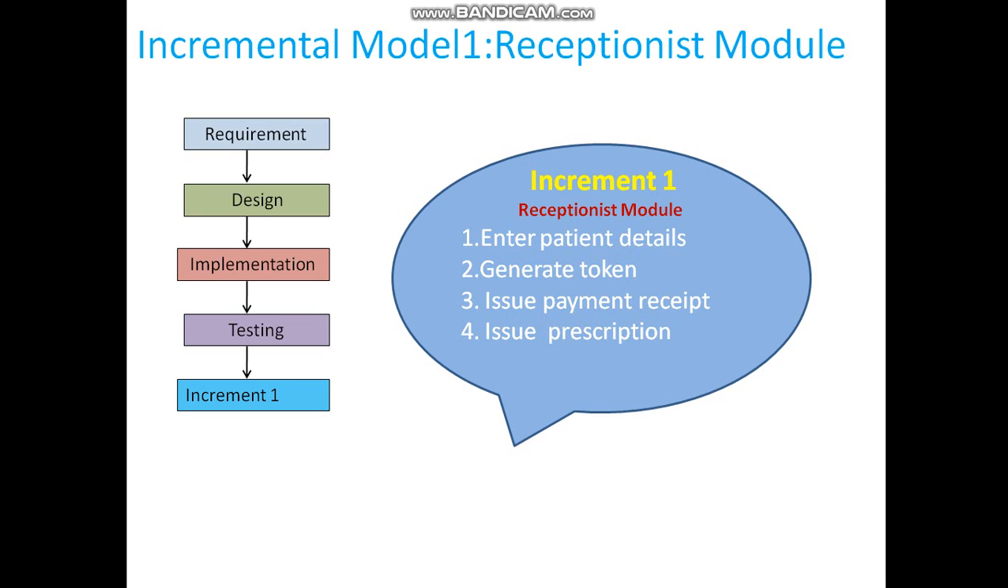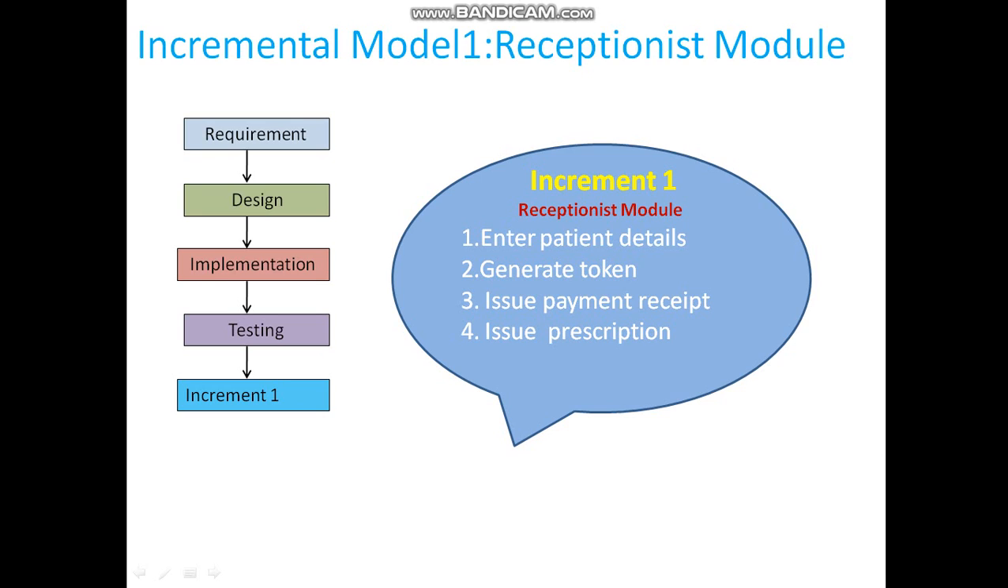Initially our second module is in the process of development, but till then the receptionist can deal with these features. So if you can see this, enter patient details, the receptionist can start working on this, meaning once a patient visits the hospital they can enter their details, then based on that queue or something like this they will generate the token, which will be issued to that particular patient and he will be in a queue. Then issue of payment receipt and issue of prescription, these two features actually work in coordination with the doctor's module. And till now suppose the doctor module is not installed or not ready from the development side, so till then